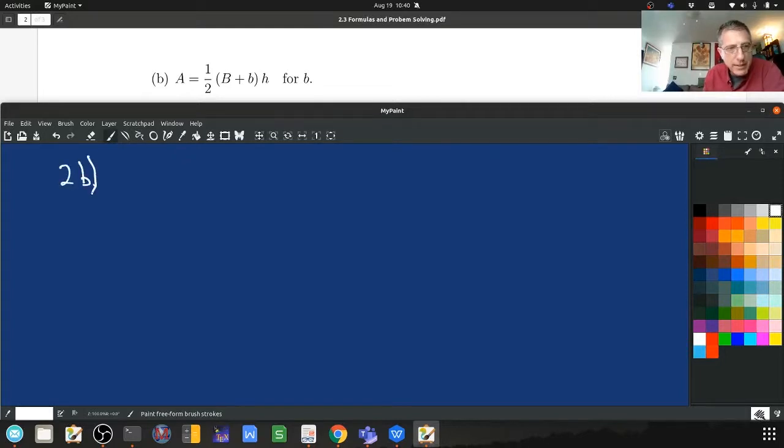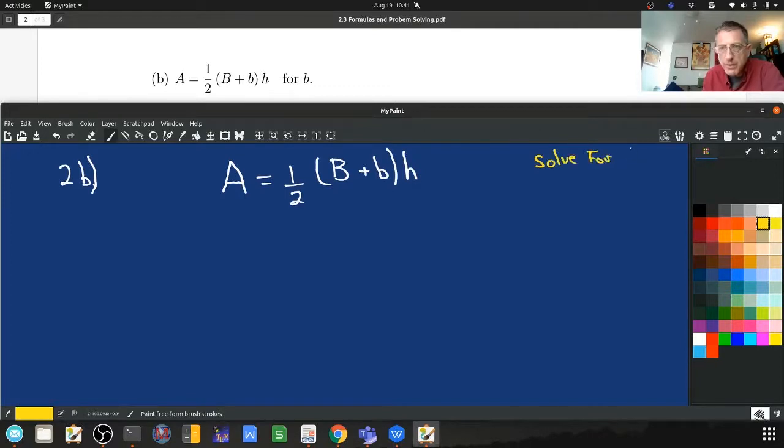This is the most missed problem on any exam. So we're going to solve for b. At this level anyway. A is equal to 1/2 times a large B plus a small b. So when the case of letters is changed, the large B and the small b stand for two different quantities, times h. And wouldn't you know it, they want us to solve